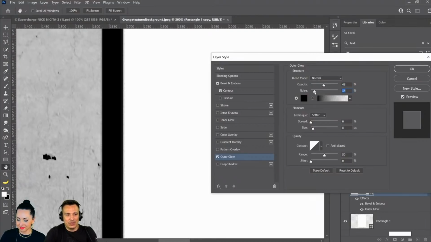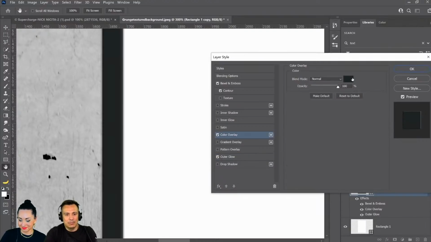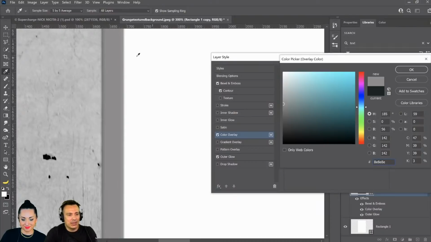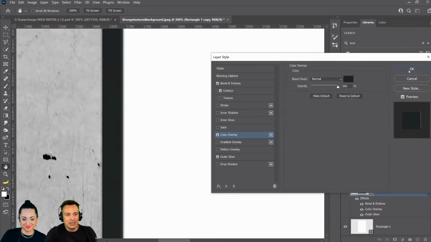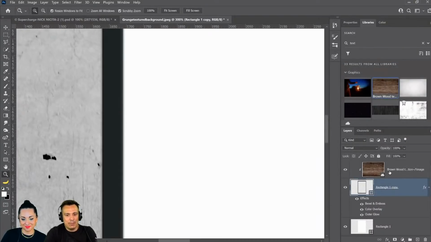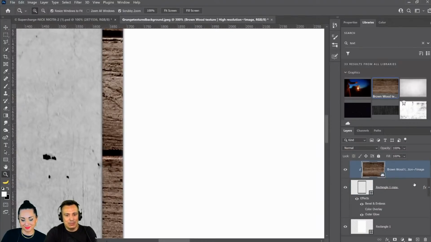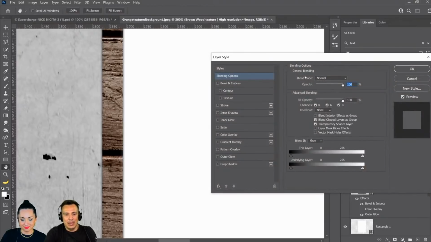Maybe add a little bit of noise so that it's not a completely clean shadow, just a little tiny bit like that. And also maybe I will add, I'm just curious to see why, okay, there it is. It's because I was using black, but that's okay. When I apply my wood on top of this, the reason that we can't see it is because of the blending modes that I'm using, or not the blending modes, the advanced blending options here. So we can make some adjustments here and we should be able to get it.